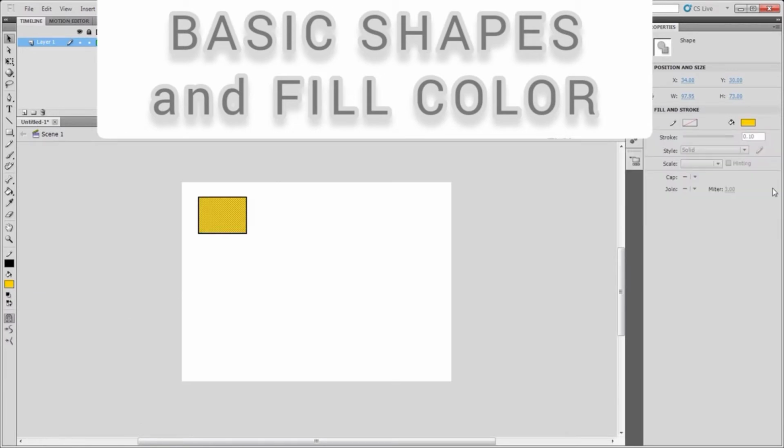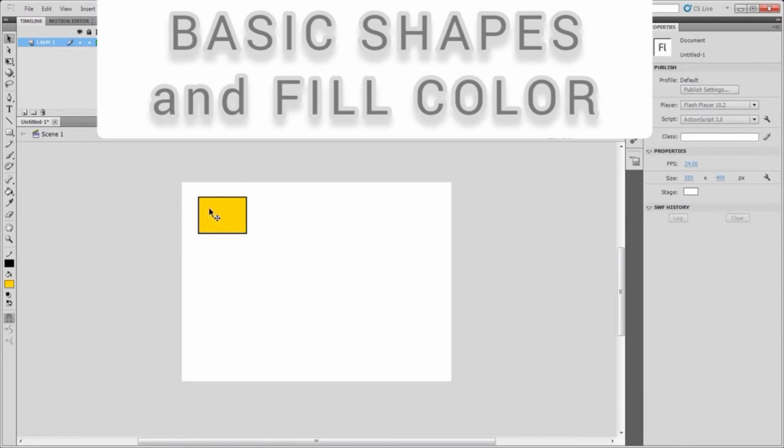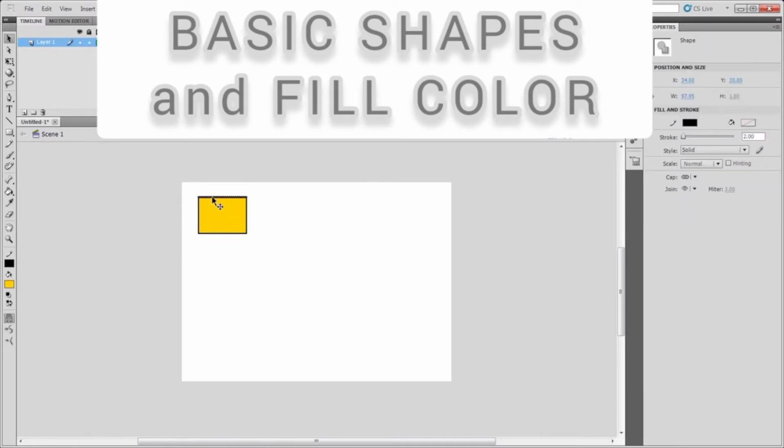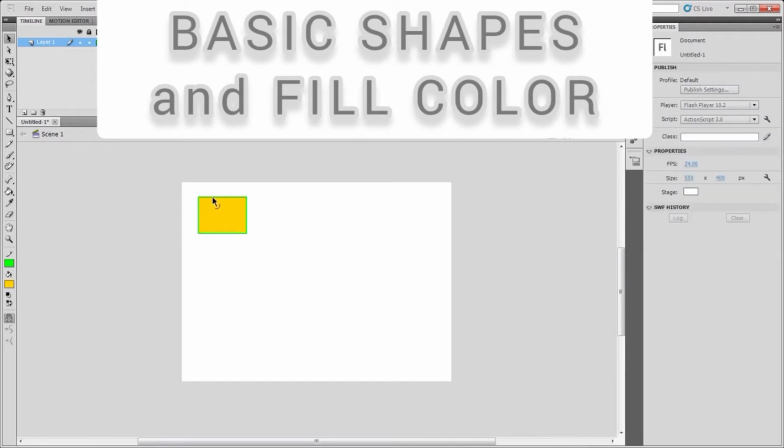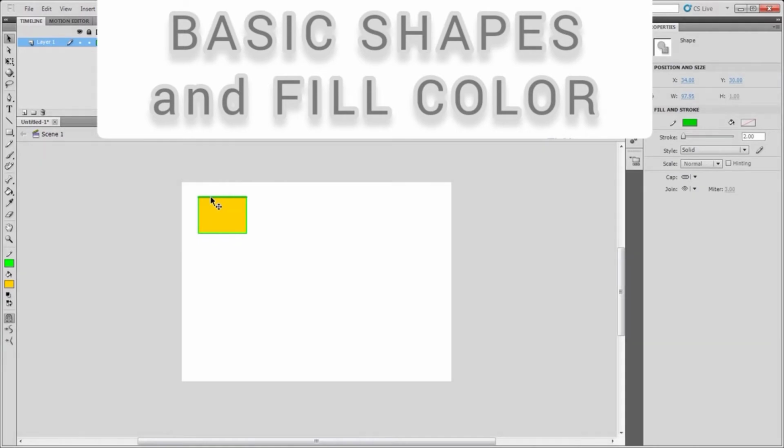Bring the mouse pointer on the stage and drag diagonally to draw the shape with selected outline and fill color. If you want to create a rectangle with a rounded corner, then specify the corner radius under the rectangle options in the properties panel before drawing the figure.